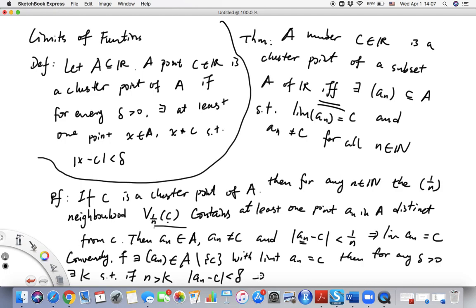So that implies a_n is in a delta neighborhood of c. Okay. So therefore, this neighborhood is non-empty, right? So other than the point c, it also contains the point a_n. All right, so that satisfies the definition of a cluster point. Okay. So that's just some review,